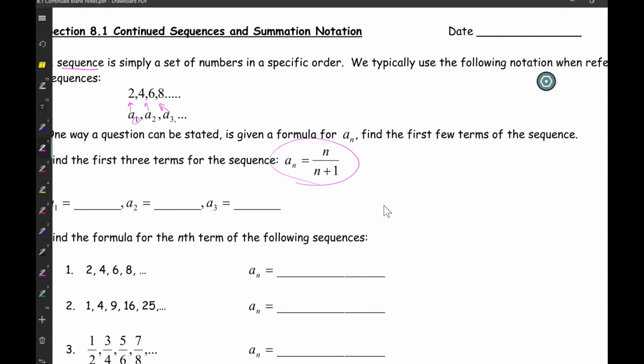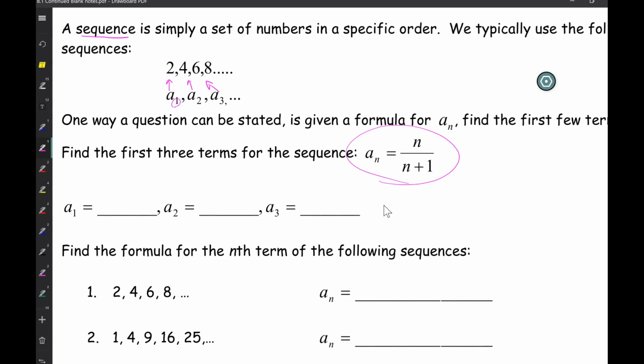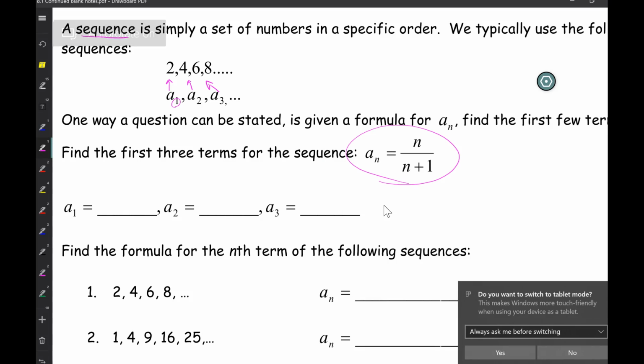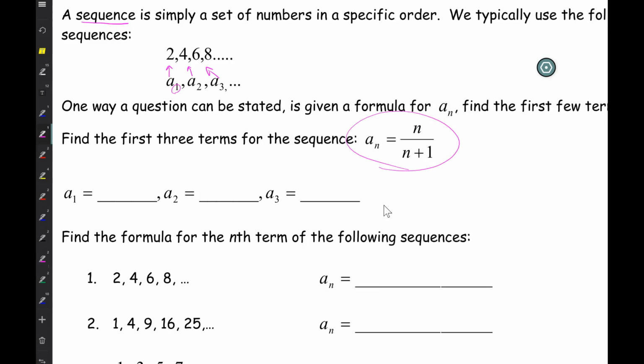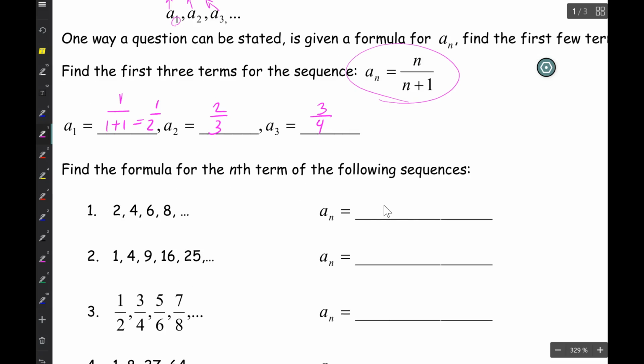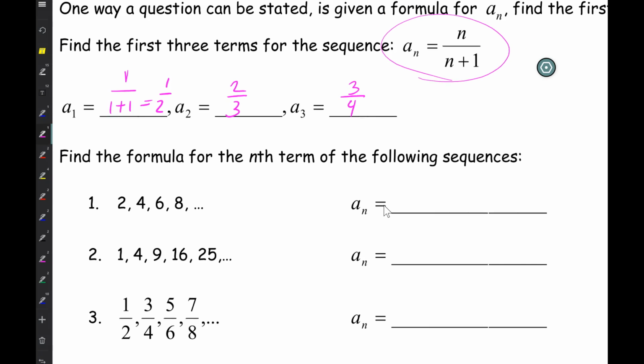Okay, guys, let's just see what you did. Let's confirm that you remember what we did yesterday. A1, let's see, Jeremiah, what'd you get for A1? 1/2. Awesome, you plugged in 1 for n, and that simplified to 1/2. Nice. Catherine, can you tell me what you got for A2? Yes, plug in 2 for n, and we get 2/3. And Charlie, can you tell me what you got for term 3? 3/4. Nice. Okay, so that's review from yesterday, and then what we stopped with yesterday is how can you generate